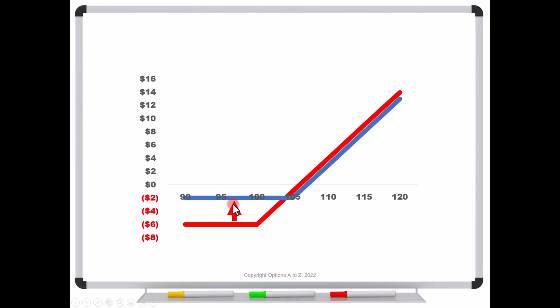Now remember, when we roll, if this is a $5 roll, as in this case, we're swapping out the 100 for the 105. There's $5 of difference. When you do that, if we get a $4 credit, there's a trade-off. We're going to shift that break-even point out by the remainder, or $1. That's why you want to be sure that you're getting fairly healthy credits for these rolls. You don't want to be rolling for 50 cents or $1,